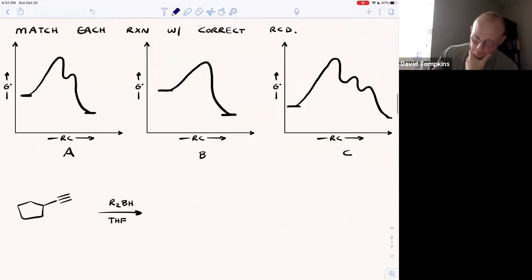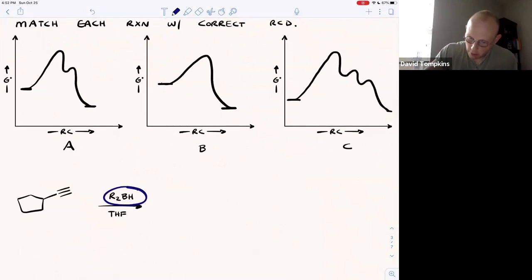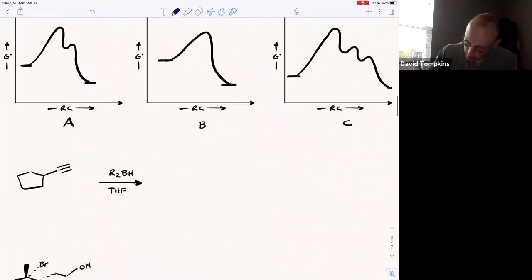Okay, so on the subsequent page, I want to go through three mechanisms. And of course, on a multiple choice type exam, you're mostly going to be asked mechanisms in the context of reaction coordinate diagrams, or you may be asked to place intermediates in a certain order or to select an intermediate that does not belong. So the first reaction here is a hydroboration type, where we have an alkyl borane and